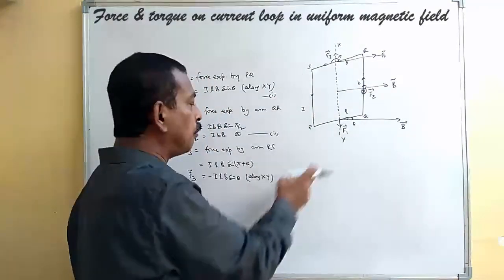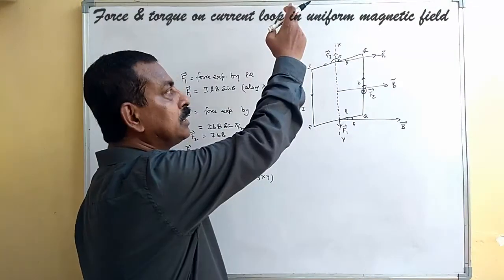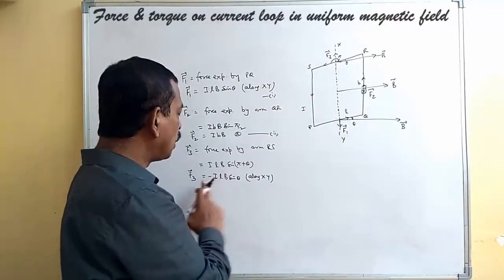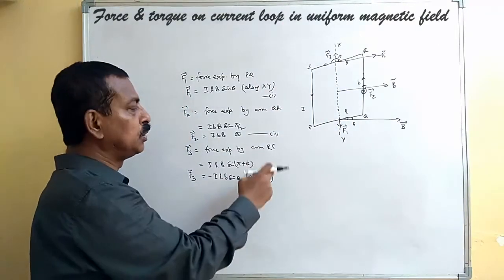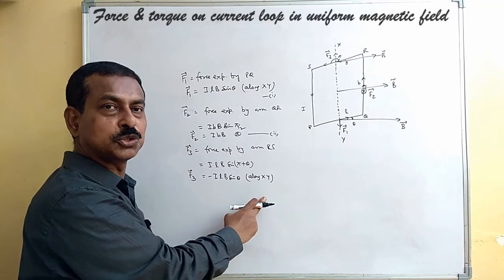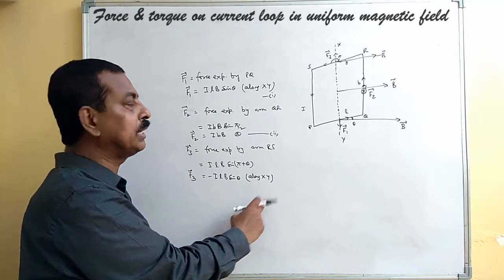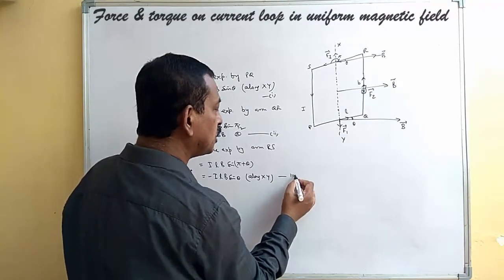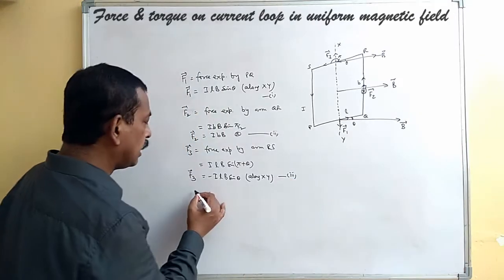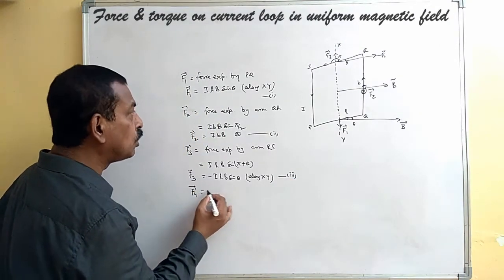Either magnitude wise F3 will be in the upward direction Y to X, or with negative sign if you write, it will be in the direction X to Y. Okay, so this is your third. And F4, this is the force